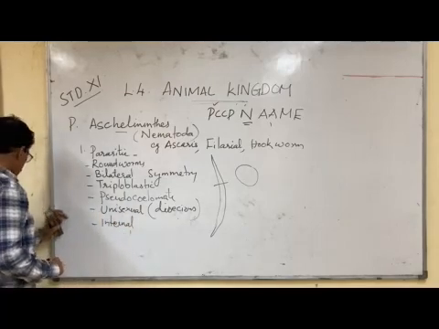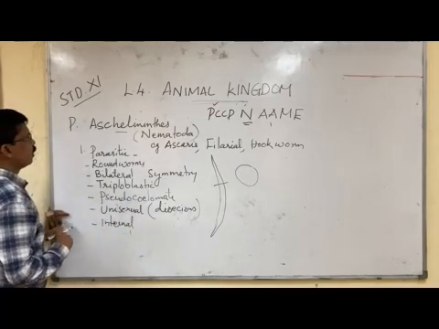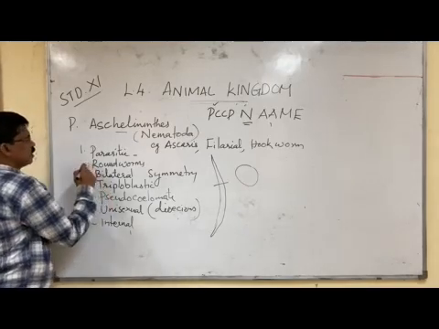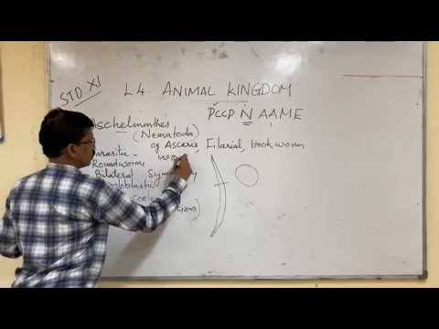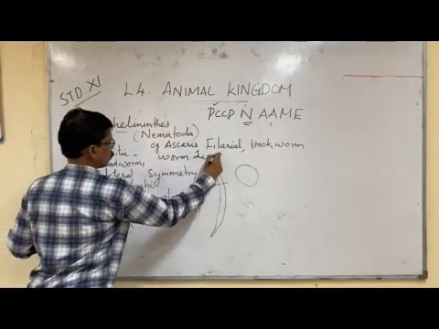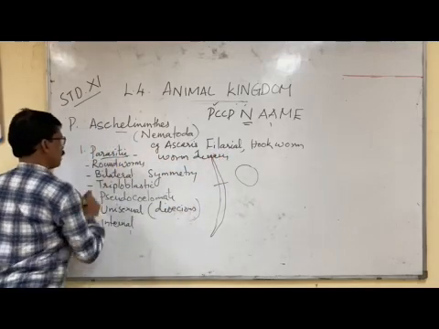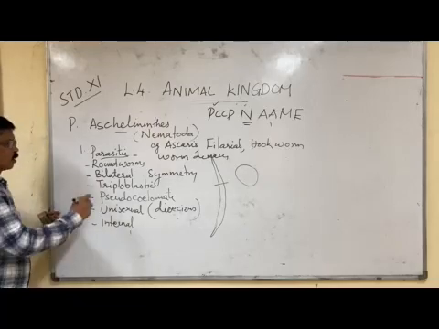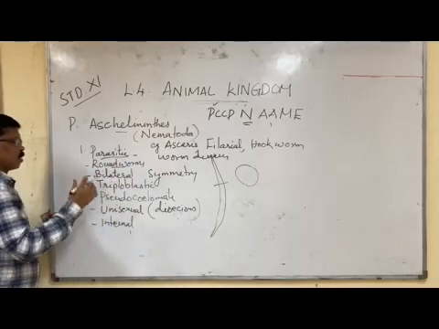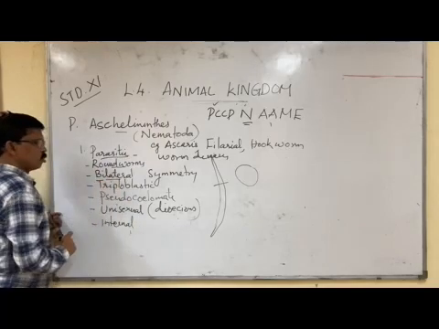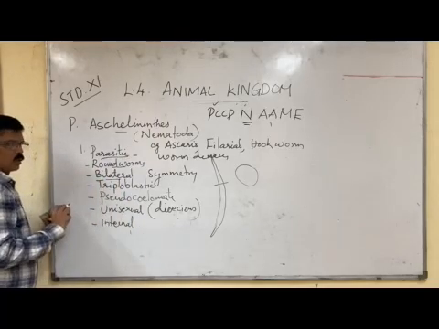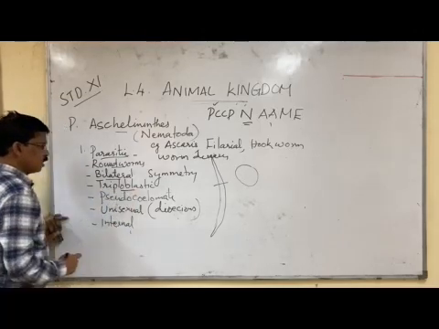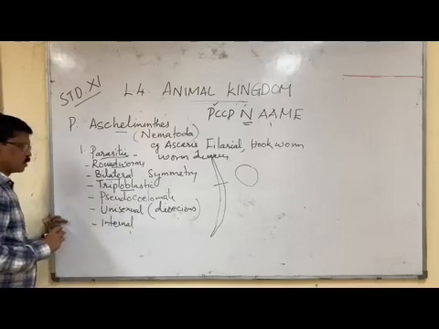So what are the features of Aschelminthes? Examples: Ascaris, filarial worm, hookworm. They cause worm diseases in humans. Most of them are parasites and live inside the intestine of humans and other animals. They are called roundworms because their appearance is round. Bilaterally symmetrical means any one single plane passing through the central axis gives two equal halves. Triploblastic, they have 3 layers of body cells in the embryonic stage.